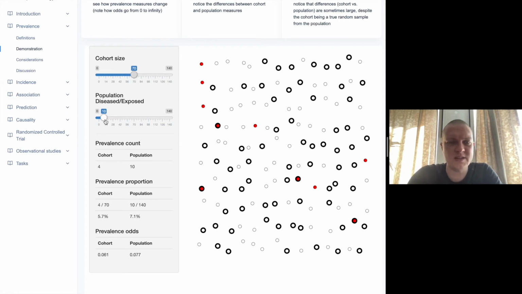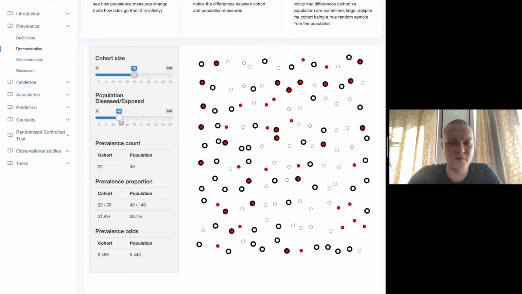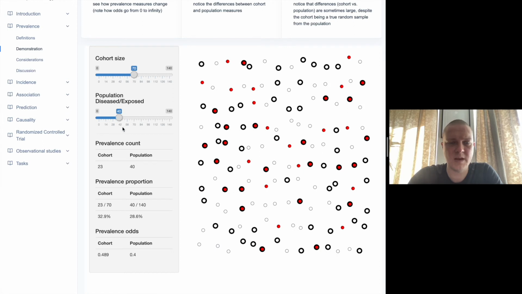You can play around with this. Let's increase this to, let's say, 40 cases in the population. So this is how many cases are in the population. We were able to sample 23. We measured a rate of 32.9%, and the true population rate was 28.6%. The odds were 0.489 versus 0.4. And I should mention that